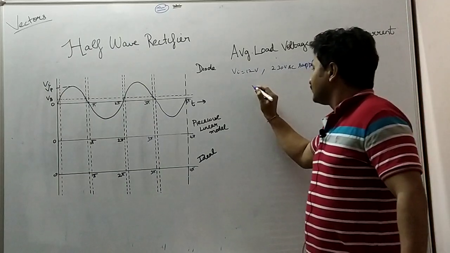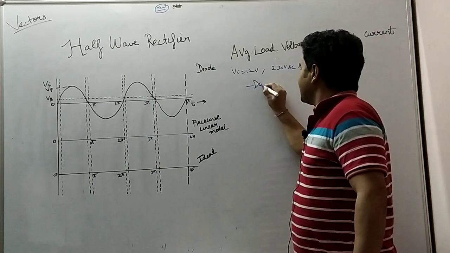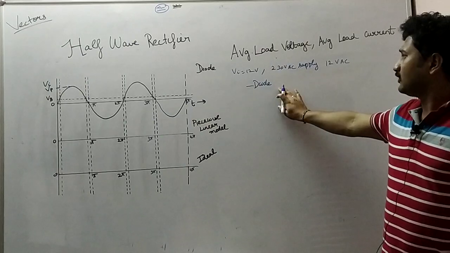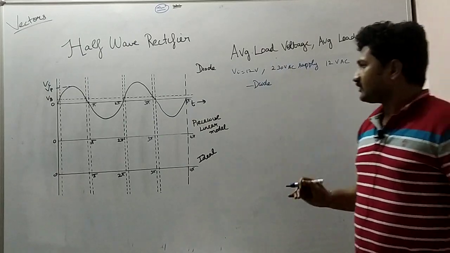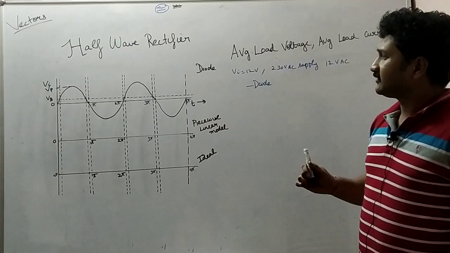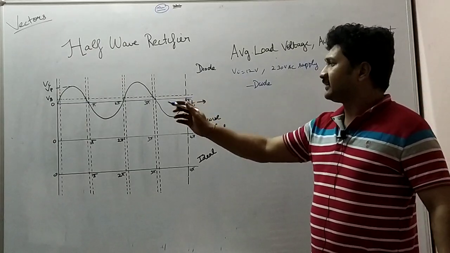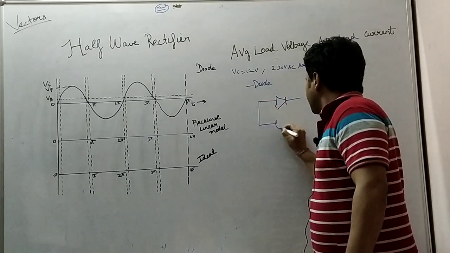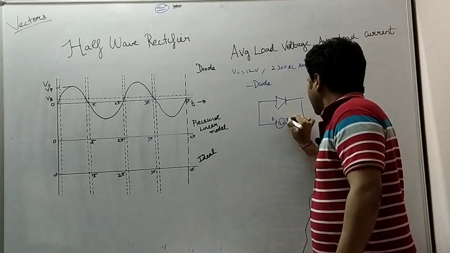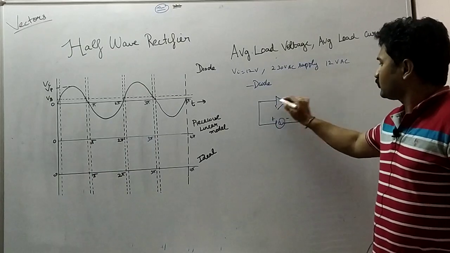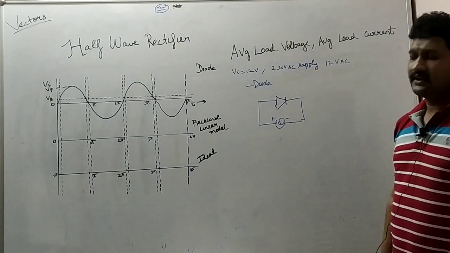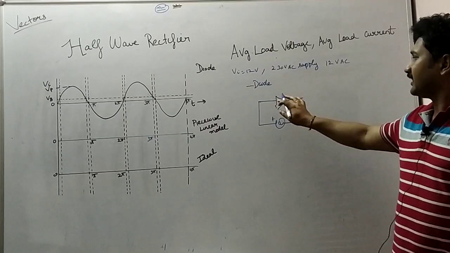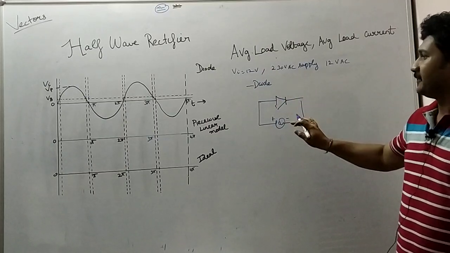The rectifier has the component diode. The diode completes the rectifier. So what happens here? The input voltage 12 volt, at the beginning, the positive half cycle flows through the diode. Now here the diode becomes forward biased in the positive half cycle. So during forward bias, what are the things that happen?